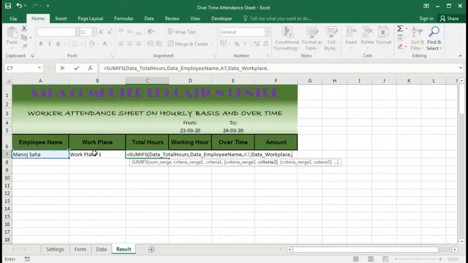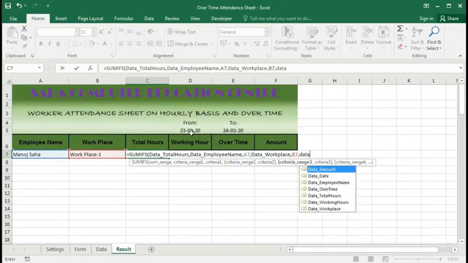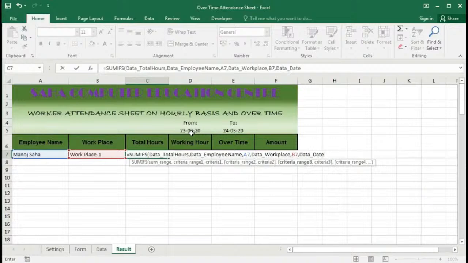Then now give the criteria, this is our criteria. After that we have to get the date range criteria. So first give the range, that is date, then criteria will be greater than equal to this cell